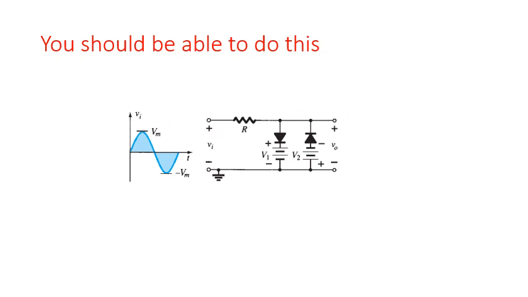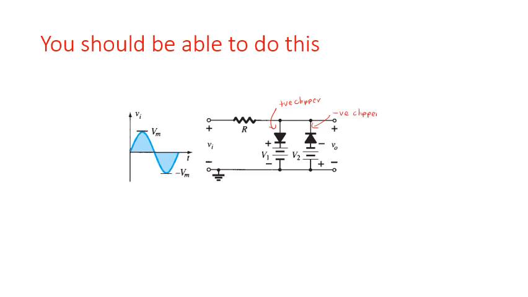Now, if you have actually understood how clippers work, you should be able to pause the lecture over here and figure out what my output waveform is going to be for this circuit. Okay, so this is a circuit where I have given you two pairs of diodes. Now, what is going to happen in this first set of diodes? First, you'll have to figure out whether the first diode is a positive clipper or a negative clipper. This one is a positive clipper. And the second one shown to me is a negative clipper.